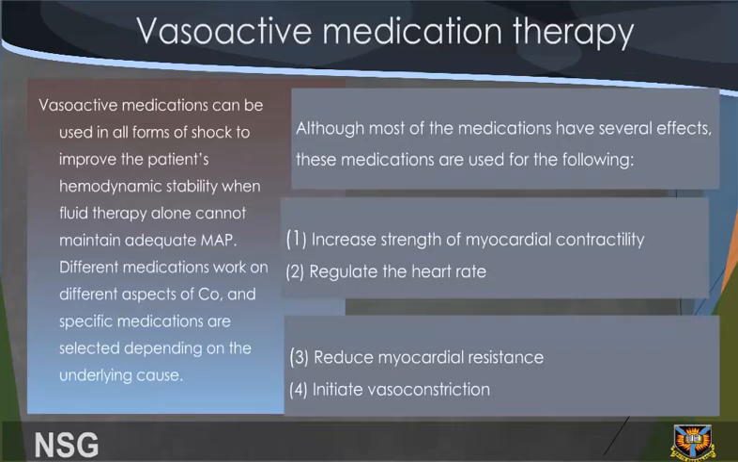Vasoactive medication therapy. Vasoactive medications can be used in all forms of shock to improve the patient's hemodynamic stability when fluid therapy alone cannot maintain adequate mass. Different medications work on different aspects of CO, and specific medications are selected depending on the underlying cause. Although most of the medications have several effects, these medications are used for the following: